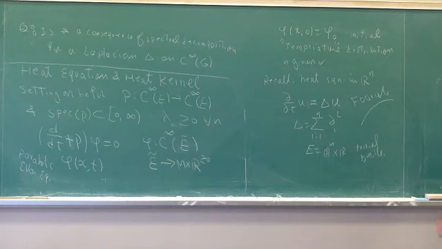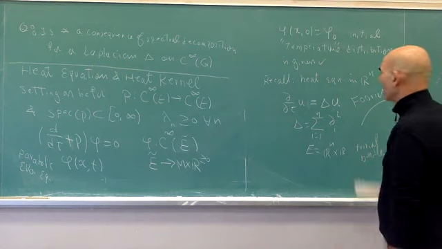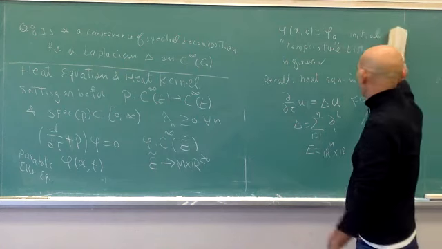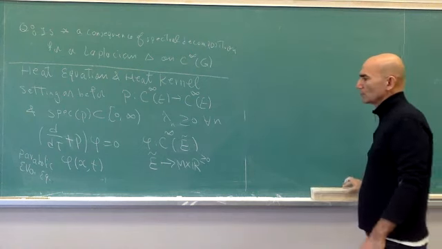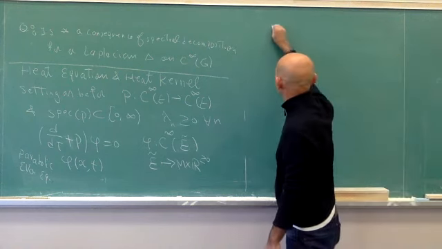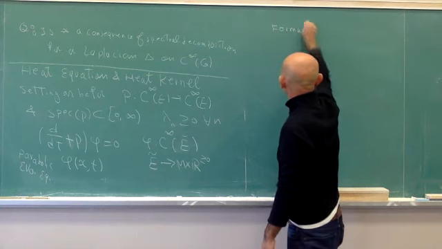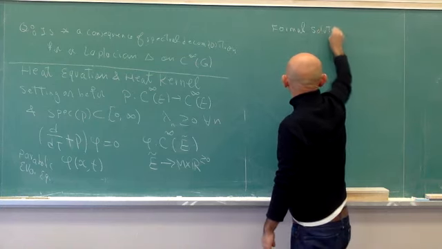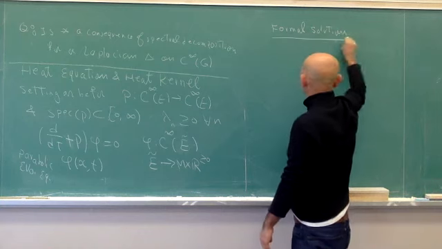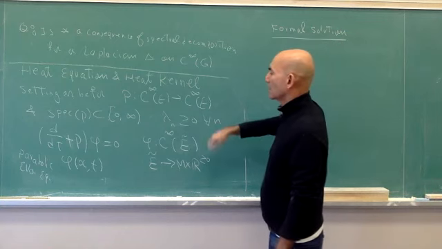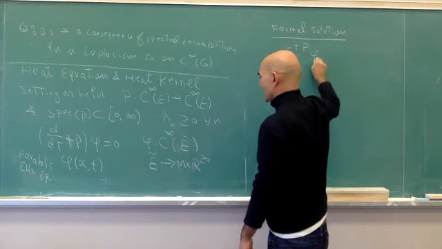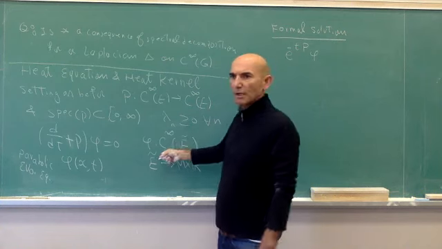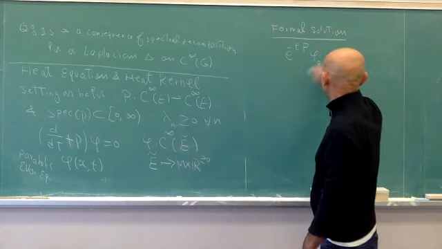So now a solution for this, of course, is immediately available. We can write down the solution, at least formally. So a solution exists. Now let me write it like this: formal solution. Well, this is going to be e to the minus tP phi 0. I call the initial condition phi 0, right?